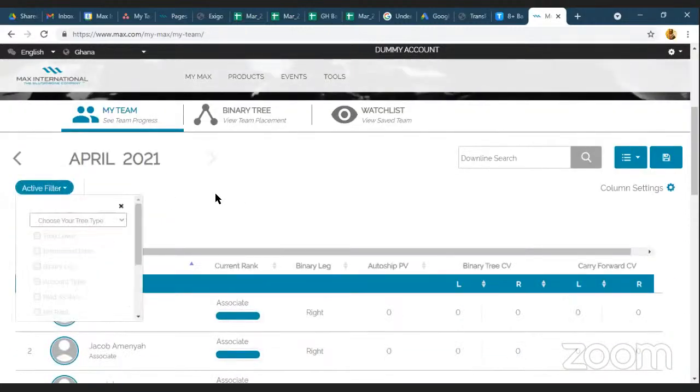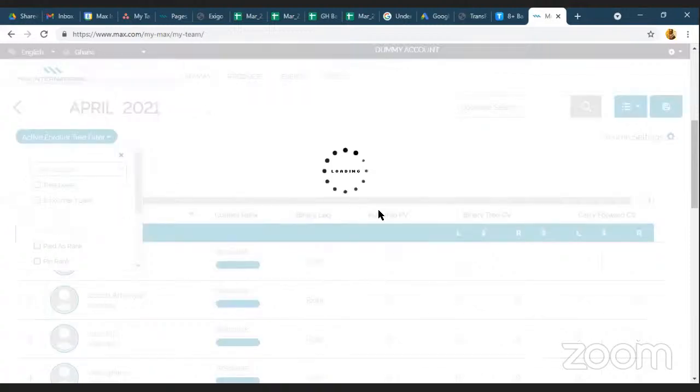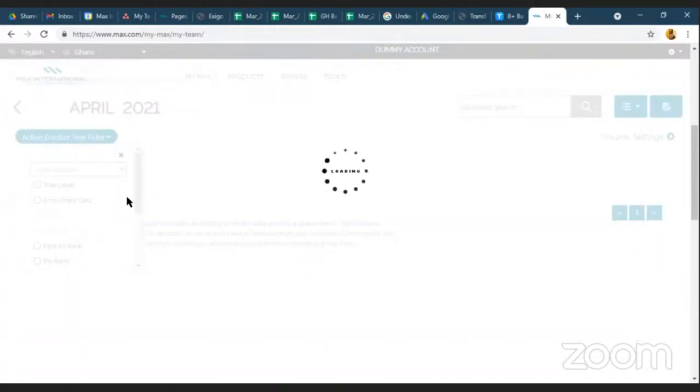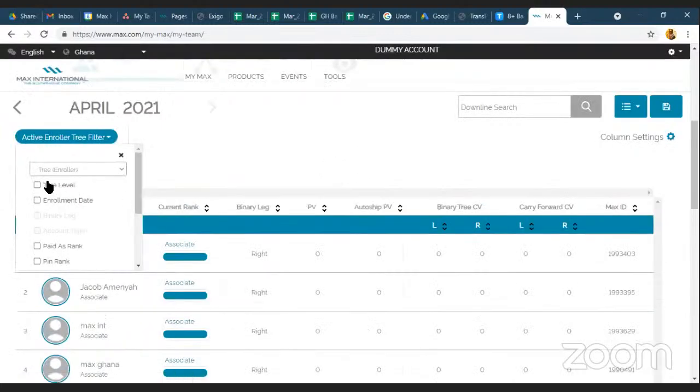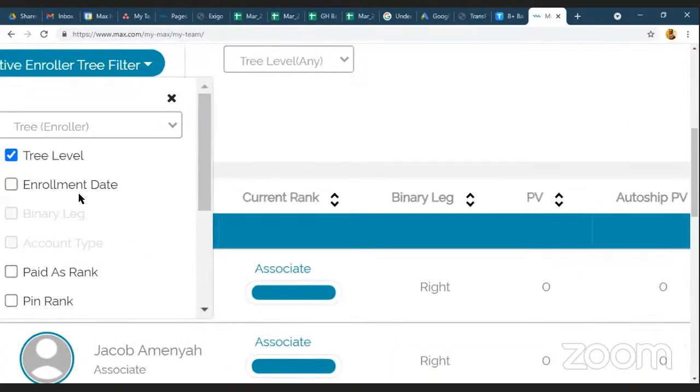There's an active filter tree too. If you want to filter your team members by, say, enroller, maybe you want only your first level enrollments to show here, you can click on tree level. I'll zoom in a bit so everyone can see. You can click on tree level,